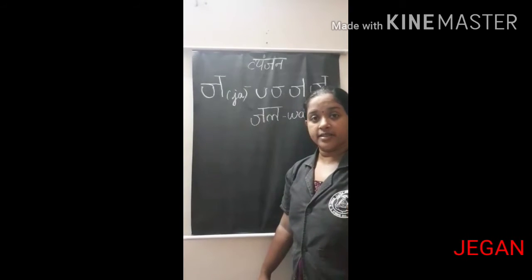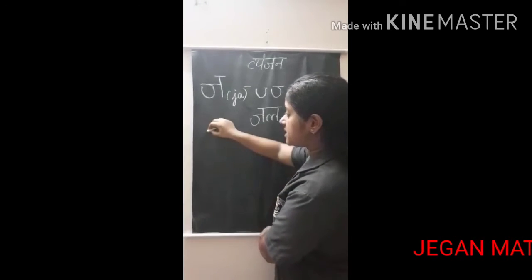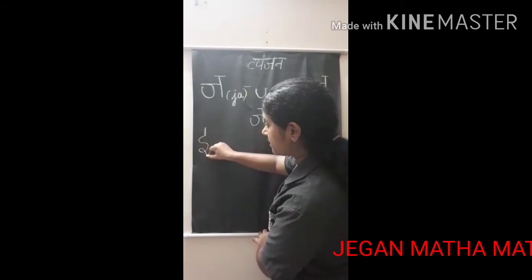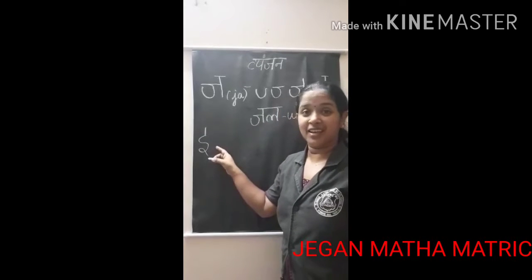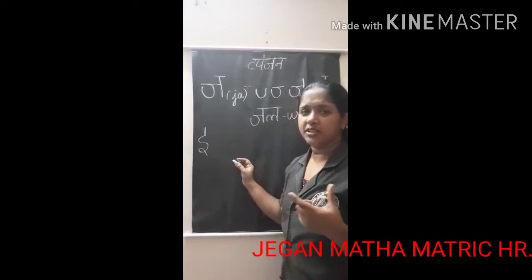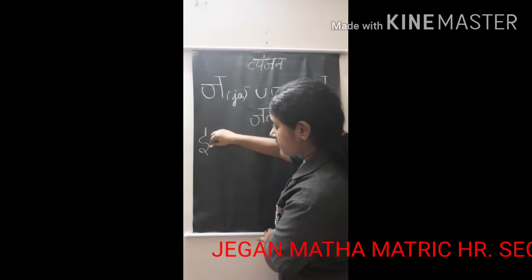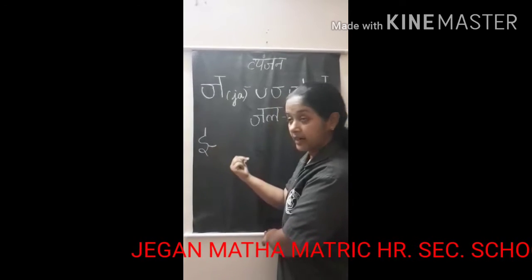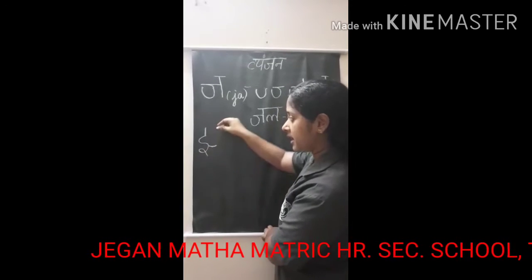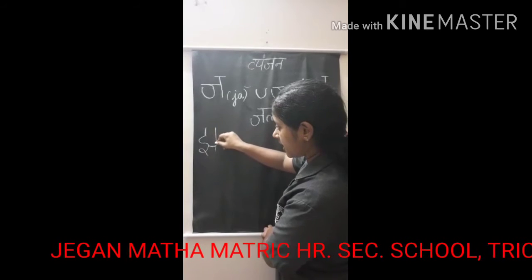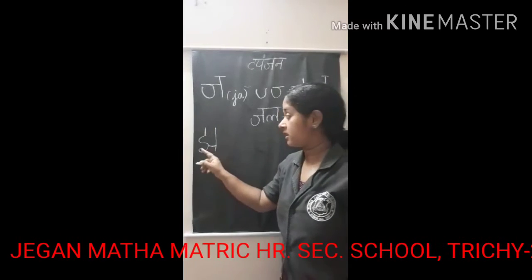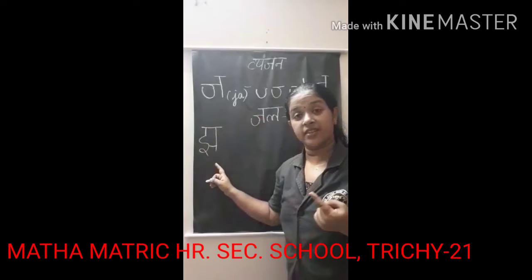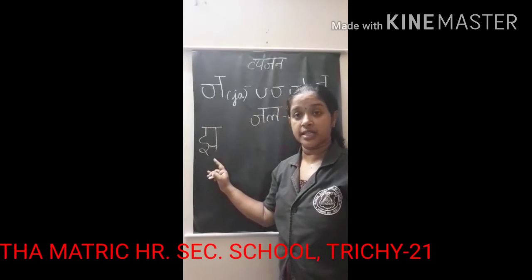Now let's see the vyanjan jha. How to write the vyanjan jha? You have to draw one straight line like this, and then this is the swar e, isn't it? Then one curve-like line will be going towards the left side of that swar e, and that curve is joining the swar e and one straight line. Finally the sleeping line. This is the vyanjan jha.